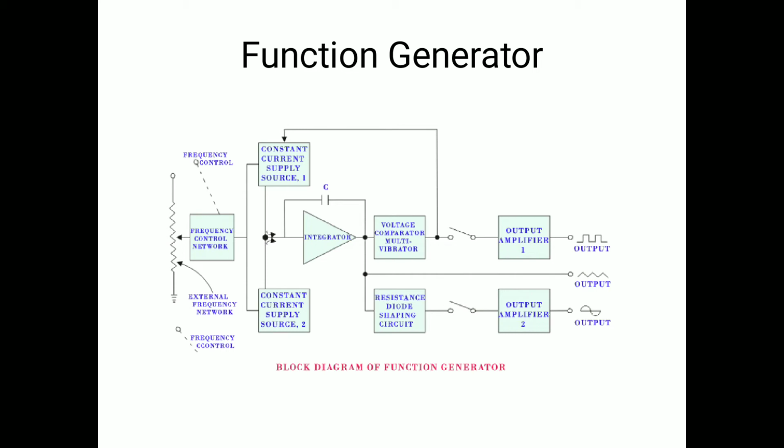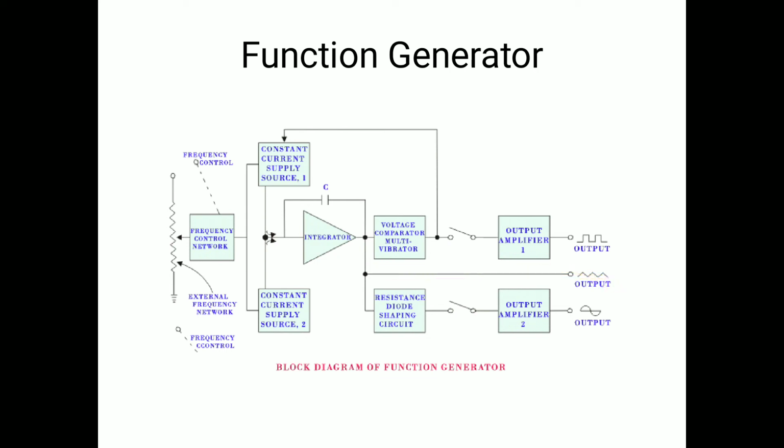So the integrator in this block gets constant current alternately from the upper and lower current sources for an equal amount of time repeatedly. So the integrator will produce positive and negative slope for the same time repeatedly, which is nothing but a triangular waveform. In this way, the integrator present in this block diagram will produce a triangular wave.